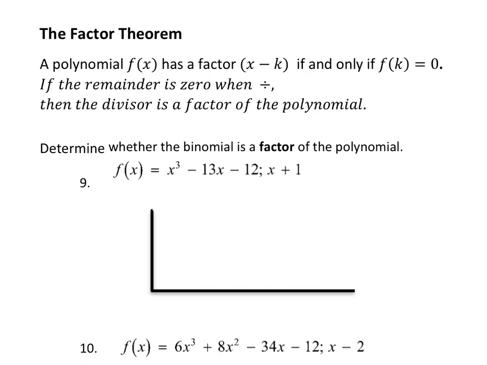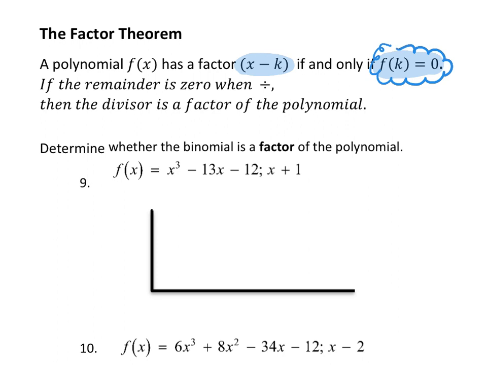Part 4 of our notes today is all about what's called the factor theorem. The factor theorem states that a polynomial, f of x, has a factor, x minus k, if and only if f of k is equal to 0. Now, if you think back to when we talked about the remainder theorem, when we did division, we said that